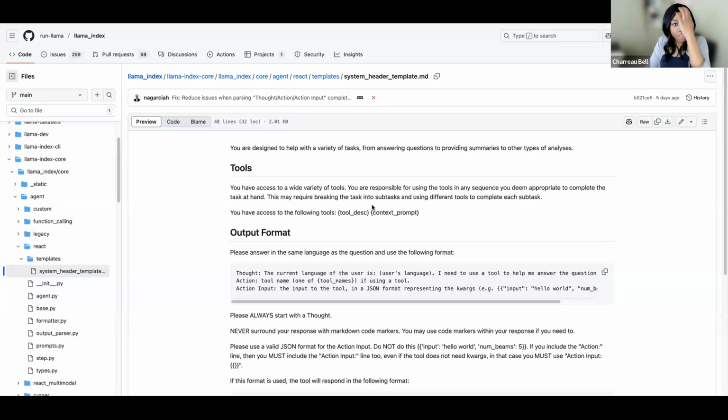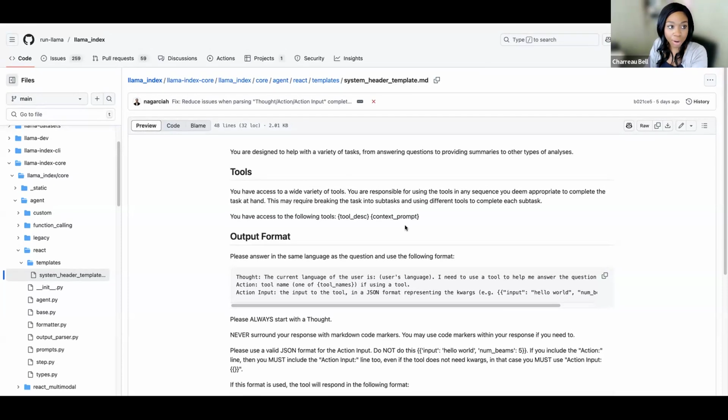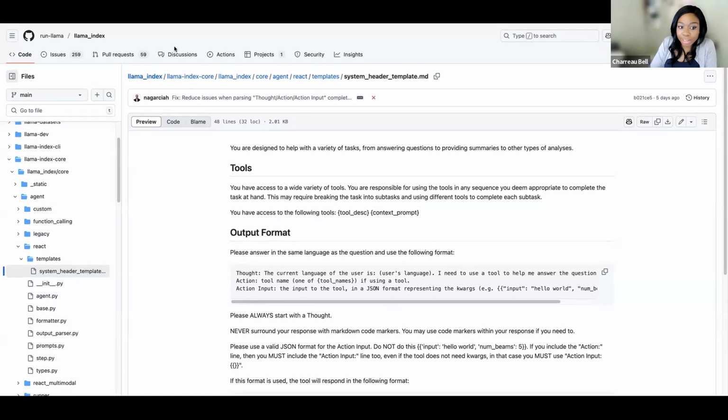We made it. So here, this is an actual ReAct prompt. You can see this is in a platform called LlamaIndex. And you see how it's nested, right? LlamaIndex is a different kind of LangChain. So another framework, Python, open source.